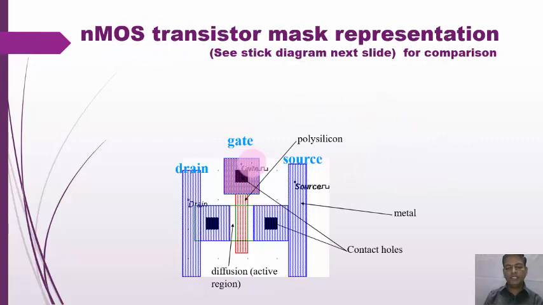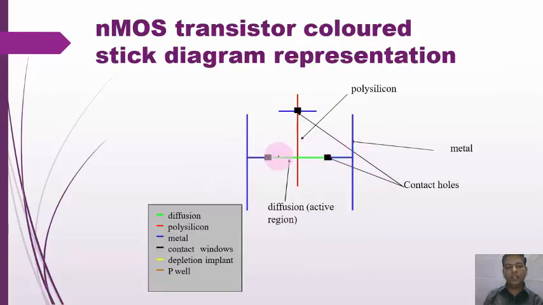So here is a simple stick diagram for this particular NMOS. The green layer structure is there. In between that we have taken the polysilicon layer. Then metal and polysilicon contact we have to show for the input terminal representation, that is the gate terminal. If drain and source terminals are there, either drain on this side and source on this side.